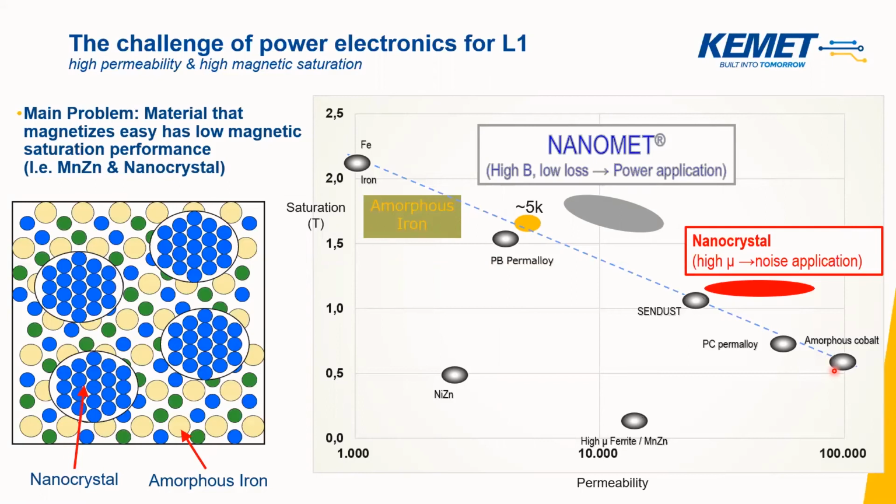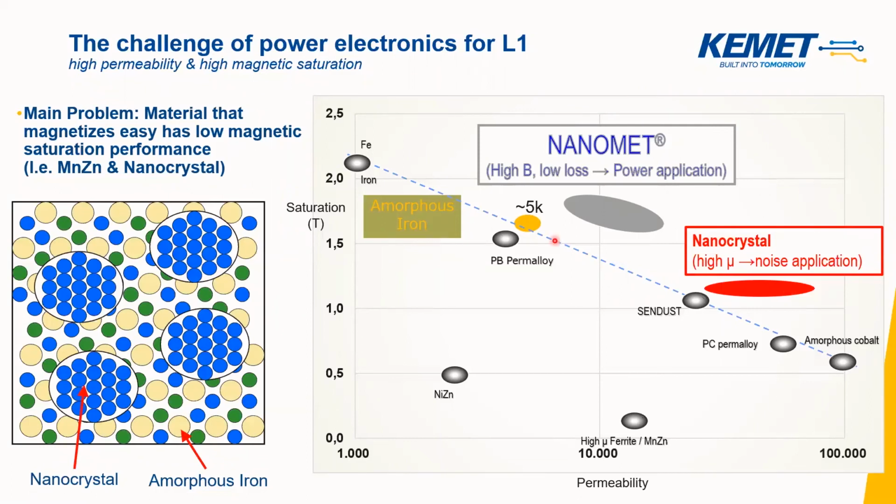This is very similar to X7R or X5R DC bias effect, where if you have more and more DC bias voltage on the capacitor, then you're not really left with a lot of capacitance towards the end. And this is the same with power inductors. And this is why most of the components that are available lie below this blue line. But if you have materials that lie above the blue line, so materials where you get high permeability and also high saturation, then you have sort of an advantage with the trade-off when you're selecting your components. And this is why nanomet and nanocrystalline come in.